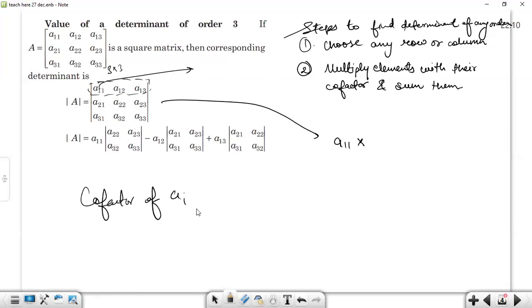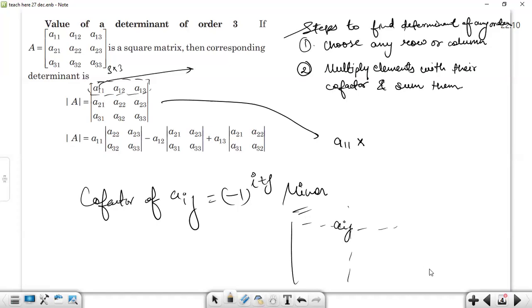Cofactor of aij will be (-1) raised to the power i plus j into the minor of aij. Now, how can we find the minor of any particular element? If there is this element situated somewhere in the determinant, we will have to exclude